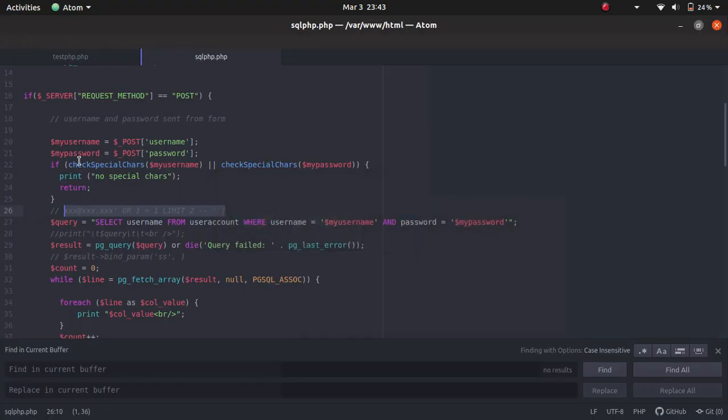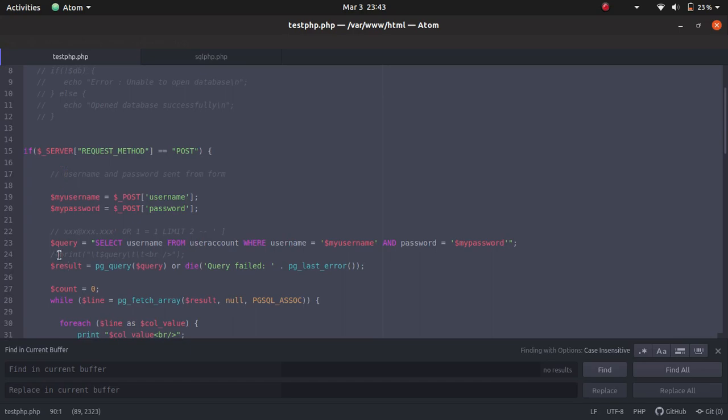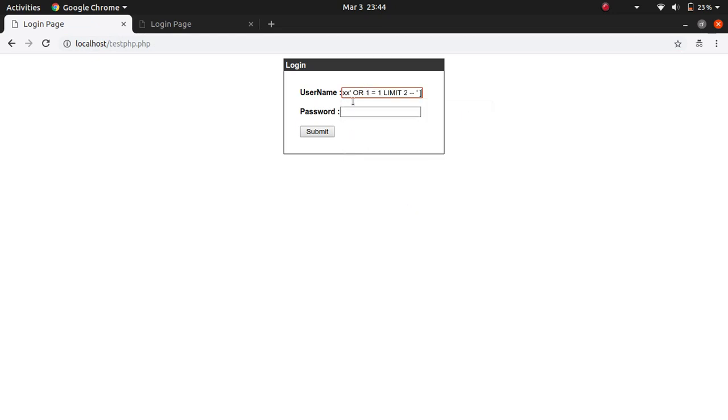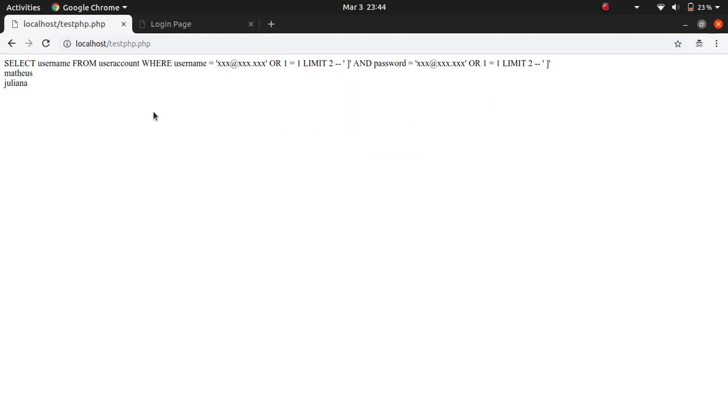So checking the code, I'm going to print the query. Sorry, that's not the one, that's the one. I'm going to go back, do the same thing, and print the query. As you can see, you have a query in SQL, and we're going to select all the usernames from this table where this condition is met. And what is this condition? It's composed of two conditions, A and